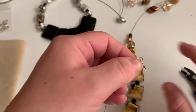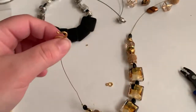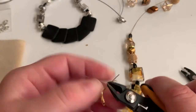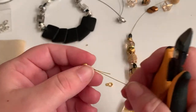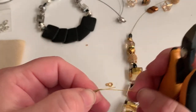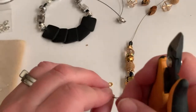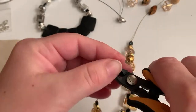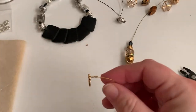Do you guys go around in the rounder part a few times after crimping with those regular crimping pliers? It wasn't something I knew to do for a while, but it does make sense. So by going around a few times,